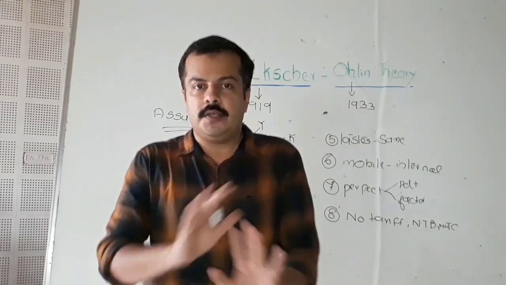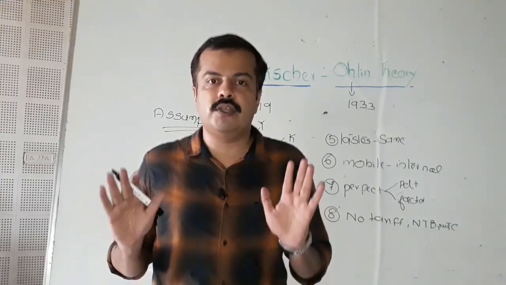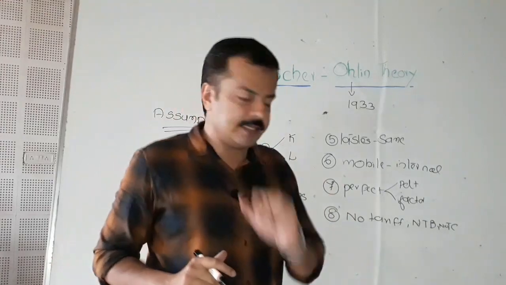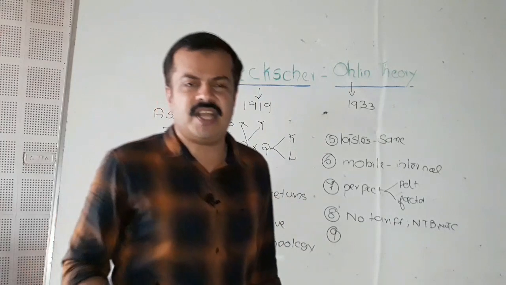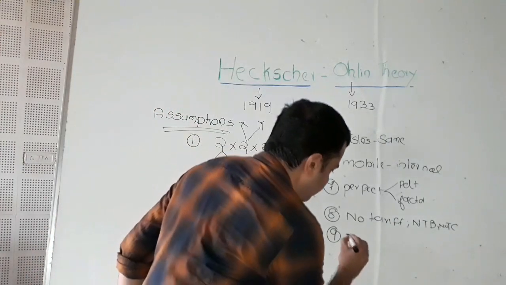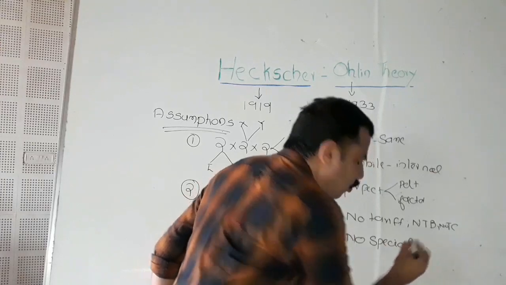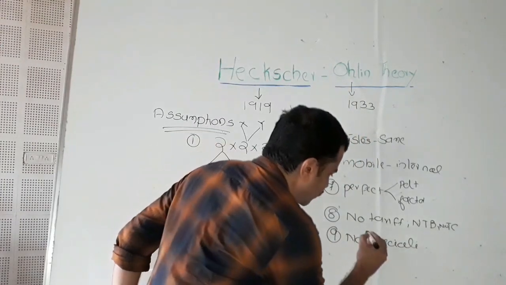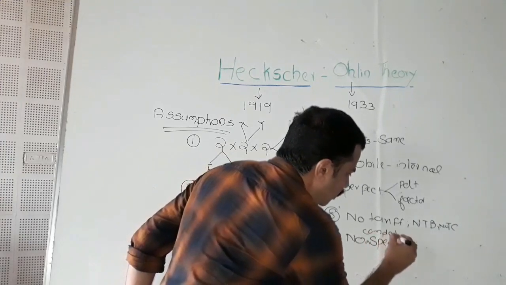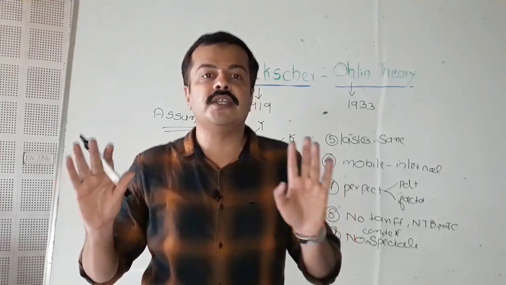There is absence of any kind of restrictions as far as international trade is concerned. We have the eighth assumption. And the ninth assumption is that there is no complete specialization as far as countries are concerned. Means both countries will produce, there is no complete specialization, to be clarified. Both countries will produce both commodities even after the free trade.